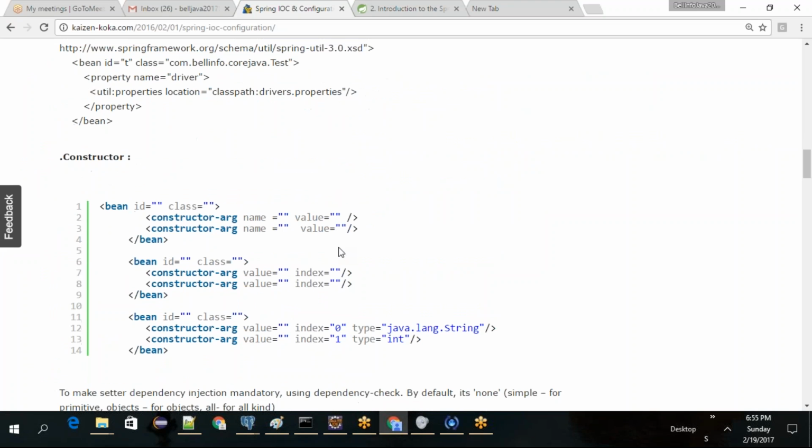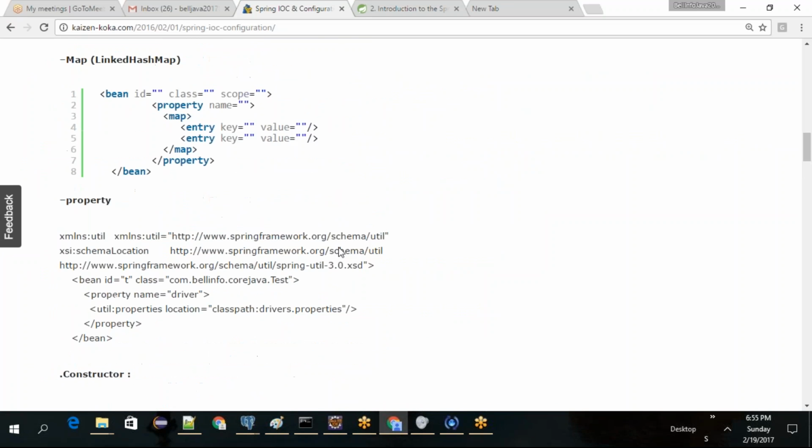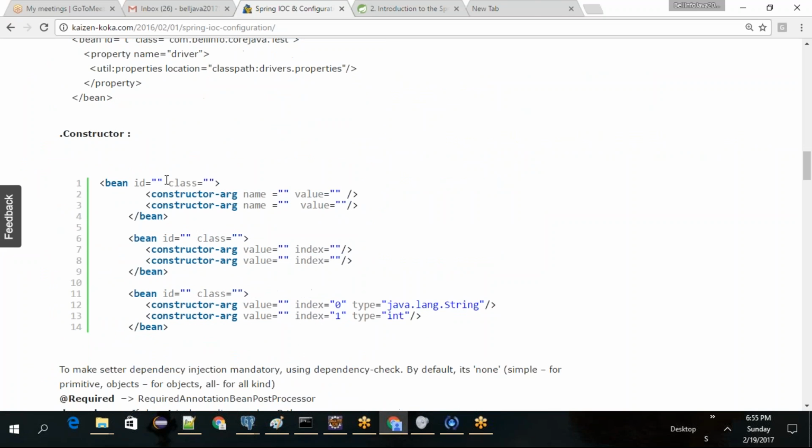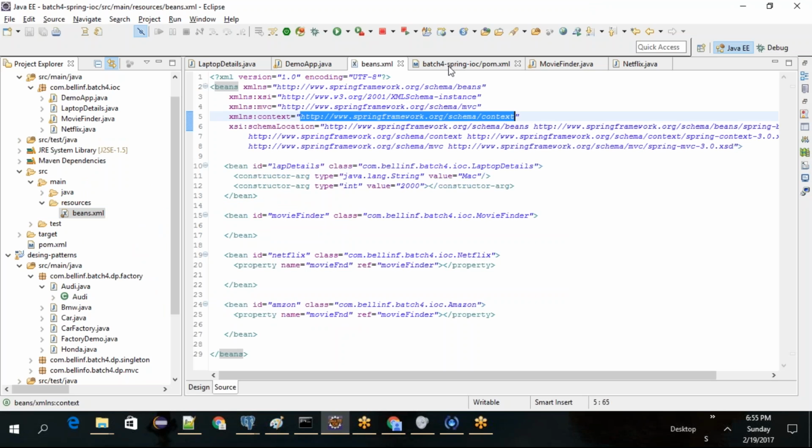And then this is the constructor way of doing it. The earlier ones are all property based, right? This is the constructor: bean ID, constructor arg, name, value. That is one way. Another way is bean ID, class, value, and if you don't want to provide the name of the field, you can provide the index. In this case,